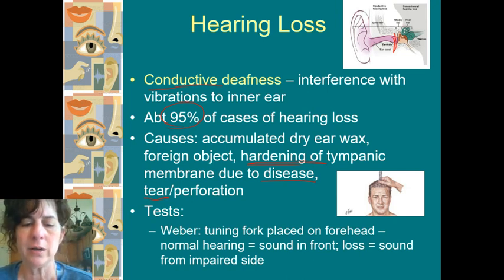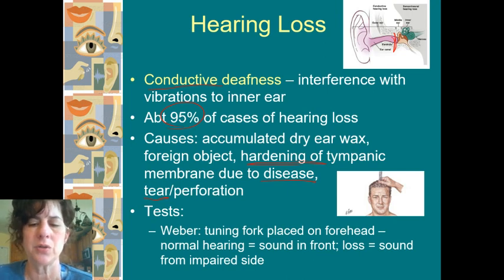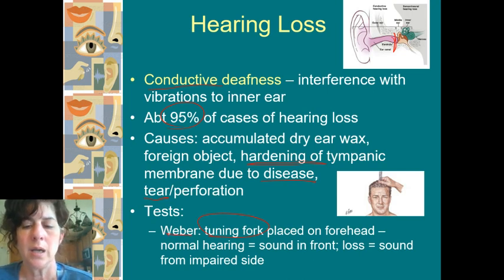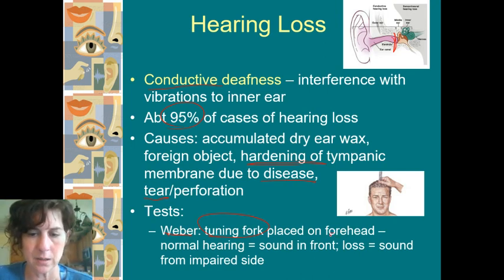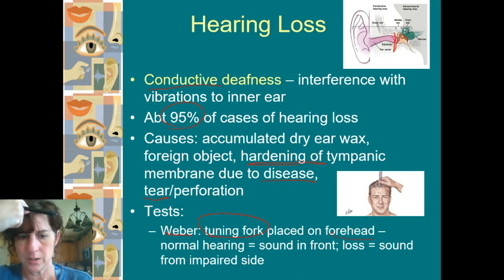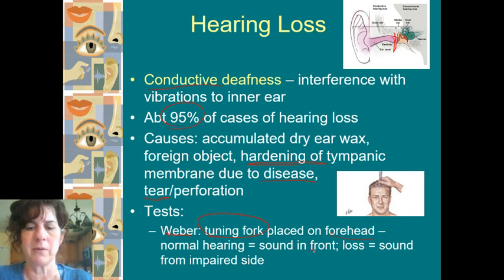We can test for hearing loss. There's a couple different tests. Usually it's using some sort of tuning fork. So you have a tuning fork here, just as a quick little test. One of them is called the Weber test. You hit it on a soft surface and you get it to vibrate. And then you place it on the forehead right here. So if you can hear from both sides, so both ears are working correctly, it's going to sound like that sound is coming from the front.